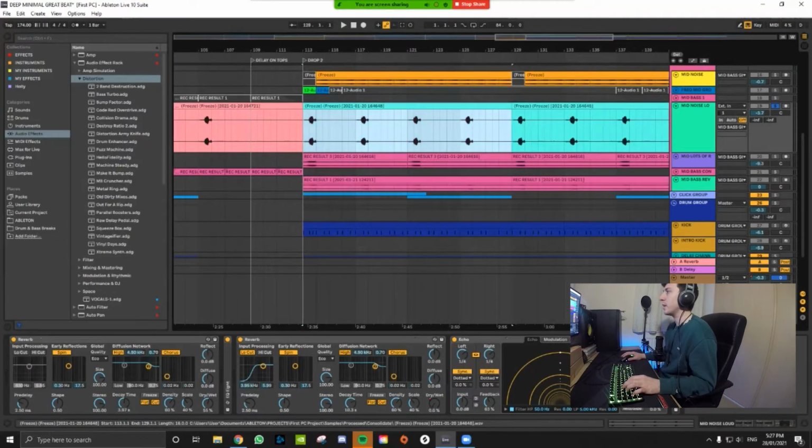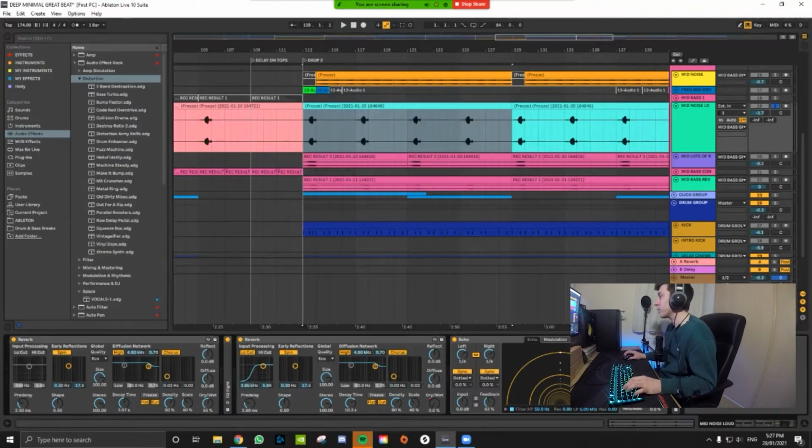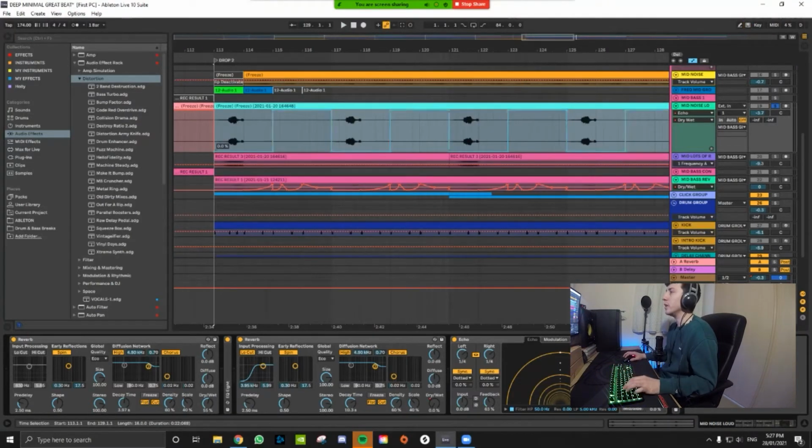The reason that I've been adding echo is, if we look at the automation of this, we can see here that when we get to the second beat, it's given us some really, really nice movement from the echo. Then when we look at the echo itself, you can see here that they line up. So this is quite a nice swell effect. So if you just listen to that on its own,